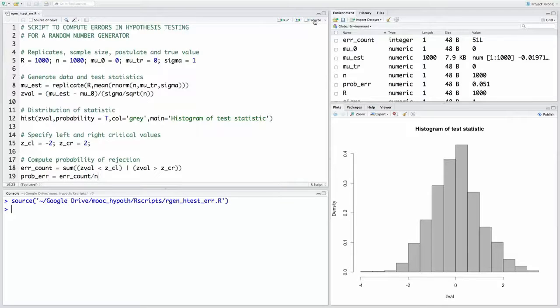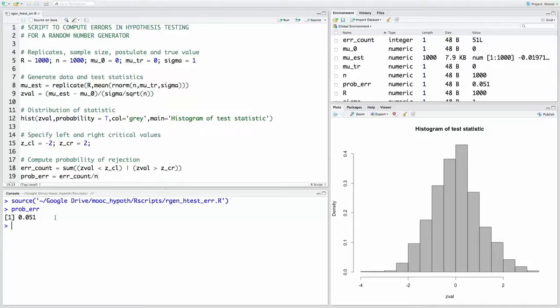It comes as no surprise, we know this already, and we can see that it is centered around mean 0. What is of interest to us is this probability of the error, that is the number of instances that I have made a mistake as a fraction of the total sample size. And you can see that this is roughly 0.05.